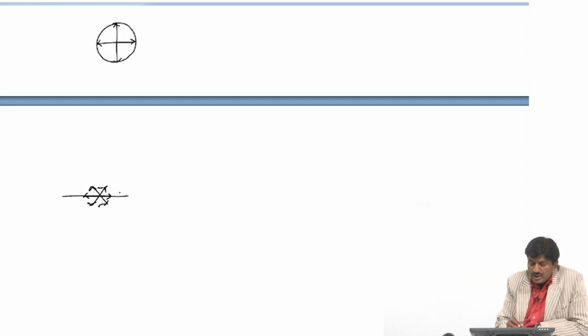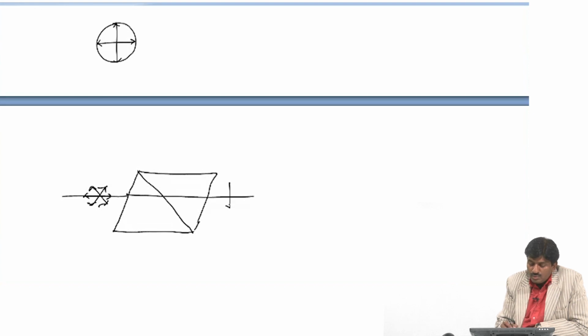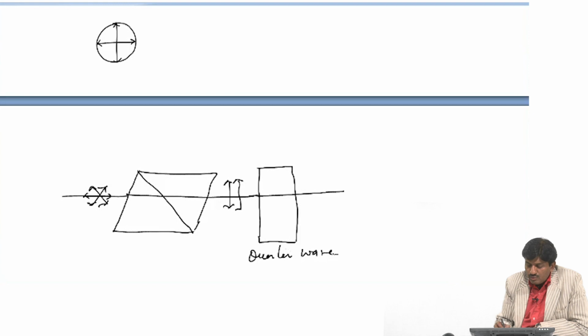If we pass it through the Nicol prism, it will convert into plane polarized light, and if we pass this plane polarized light into a quarter wave plate, then it may be converted into circularly polarized light,